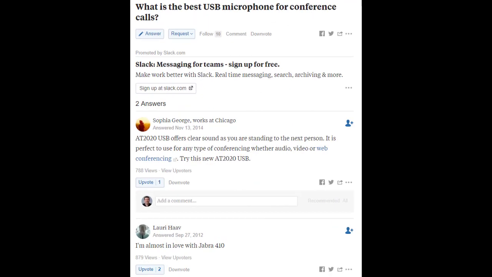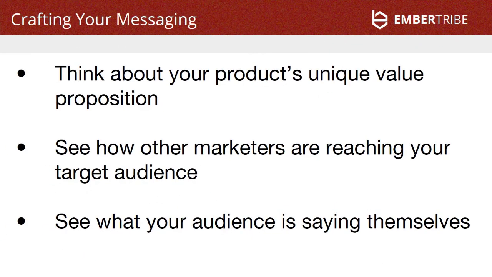So, like a mother might talk about how she bought her new SUV because it has all these great safety features. And then, a snowboarder might talk about how he loves how well it handles in icy conditions. And so, there you have two distinct ad angles for two distinct audiences for the same product. So now I want to get into an actual real life example of audience and messaging alignment.